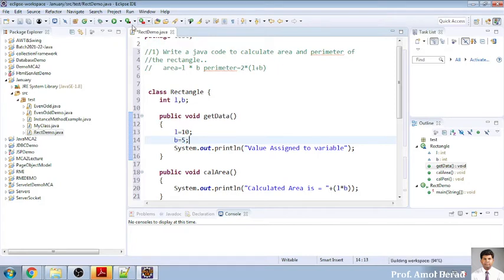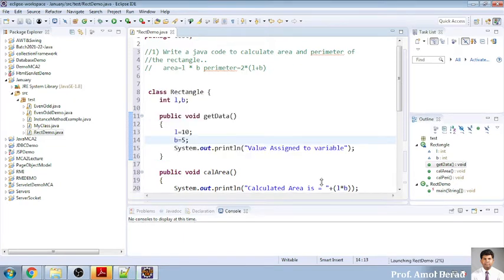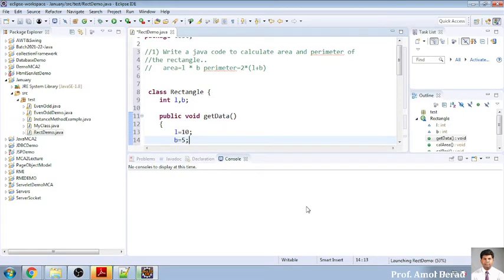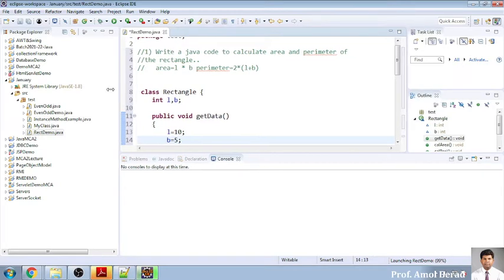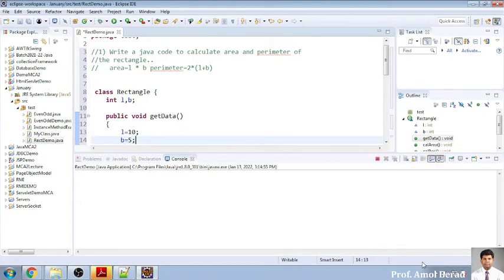Okay, so now I will go for running this program. It is loading, 95%. It is close to launching.